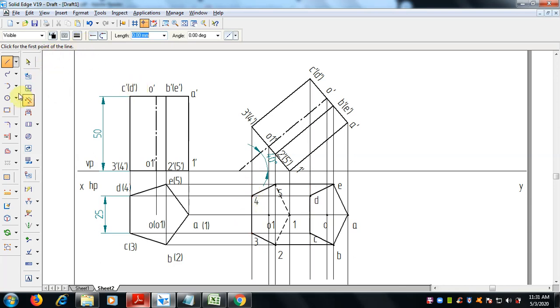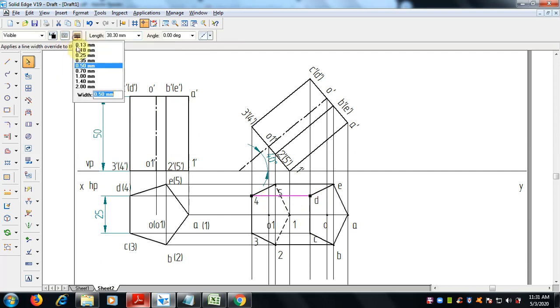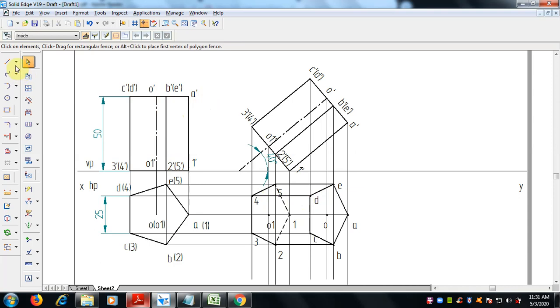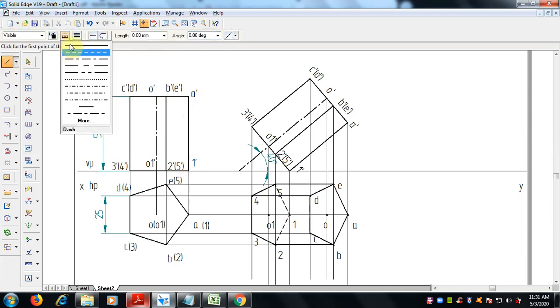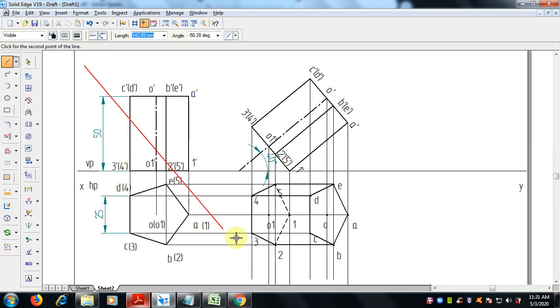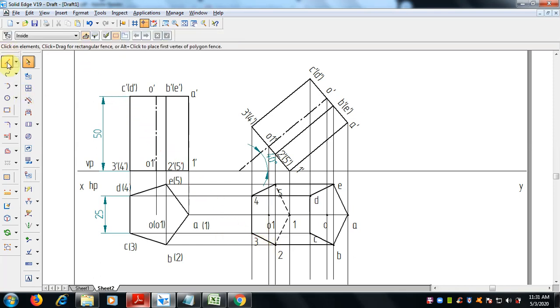Now we can join this with a thick line. 2 to B is done, 5 to E is there, 4 to D is a visible edge, so we have to use a continuous line of 0.5 mm thickness like this. Again select continuous line 0.5 mm thickness and join this 3 with C, 1 with A, 2 with B, 3 with C, 4 with D, like that.